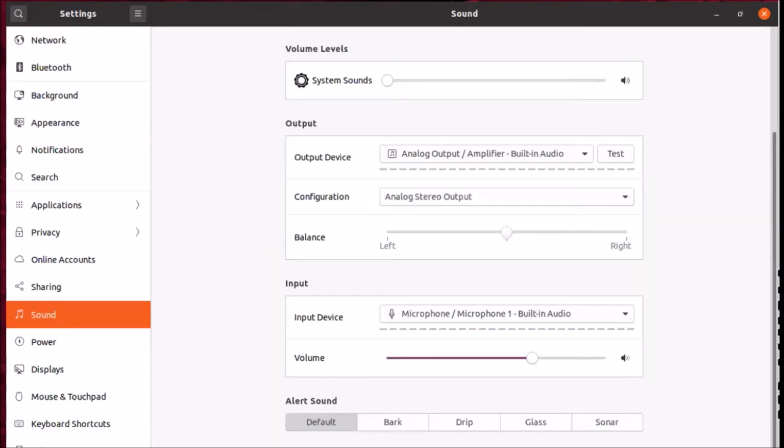When we jump down to sound, Ubuntu and GNOME's thought is we've got one screen that has what you need. At the top is the volume level, and right now it only has system sounds. But if you have other things that are going to be